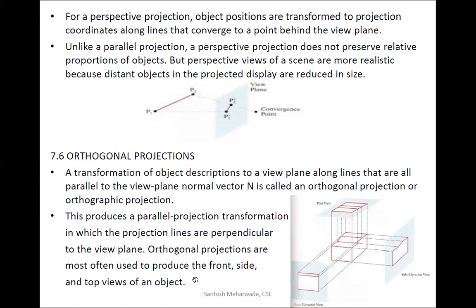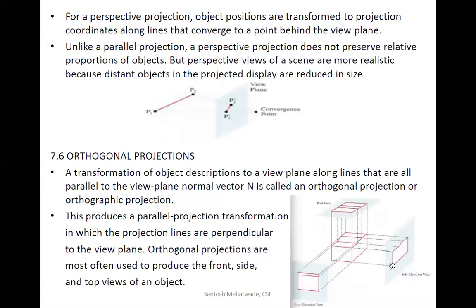With the help of orthogonal projection, we can produce the front view, side view and top view of a given object. I hope in Solid Edge you have observed such kinds of images. If this is the real object and you want to see its top view, you get the projections from this object, that is the top view. Whenever these parallel projection lines hit the view plane at 90 degrees, we call them orthogonal projections. Now you can see only the top part of that object.